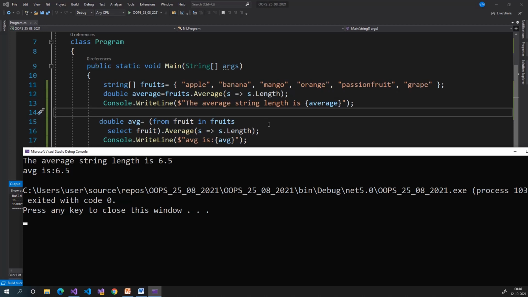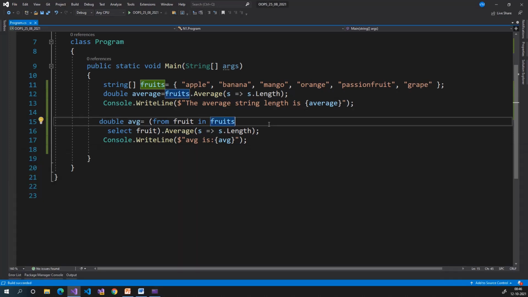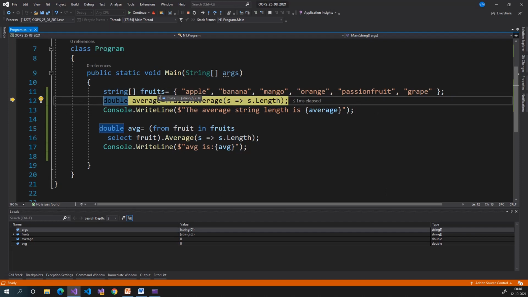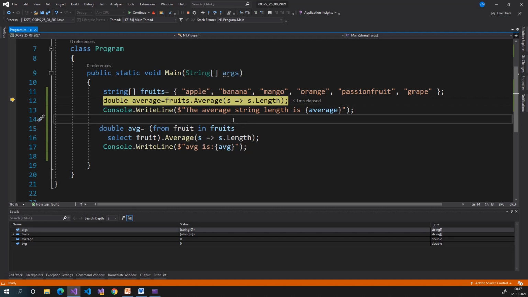We will debug this program to understand the flow of execution. Click F11. Here we declare the array and the array contains 6 fruits. F11. Here the fruit indexes start from 0 to 5 and the values are apple, banana, mango, orange, passion fruit, grape. Now we need to find the average length of the fruits using the average function.